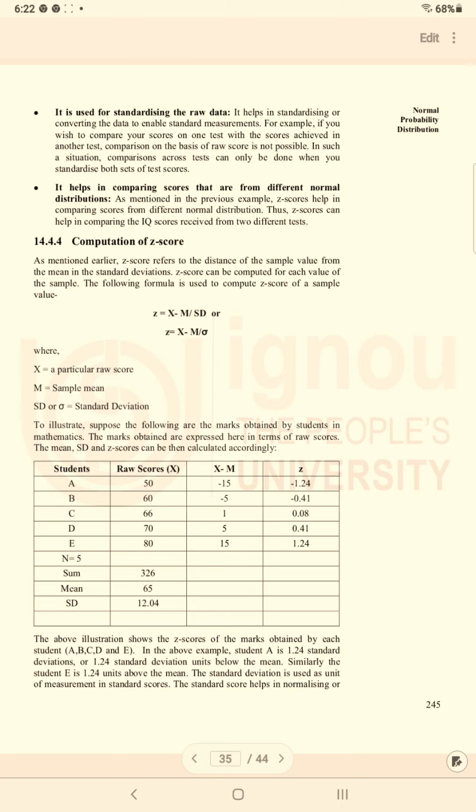The above illustration shows the z-scores of the marks obtained by each student, A, B, C, D and E. In the above example, student A is 1.24 standard deviation units below the mean. Similarly, student E is 1.24 units above the mean. The standard deviation is used as the unit of measurement in standard scores. The standard score helps in normalizing